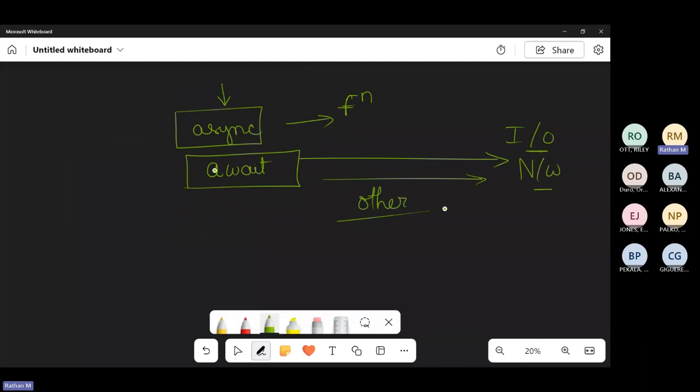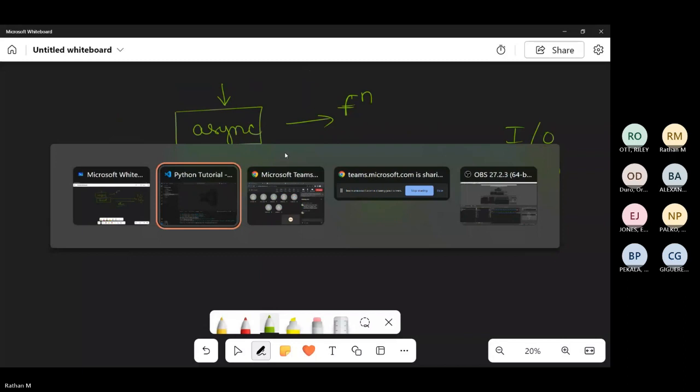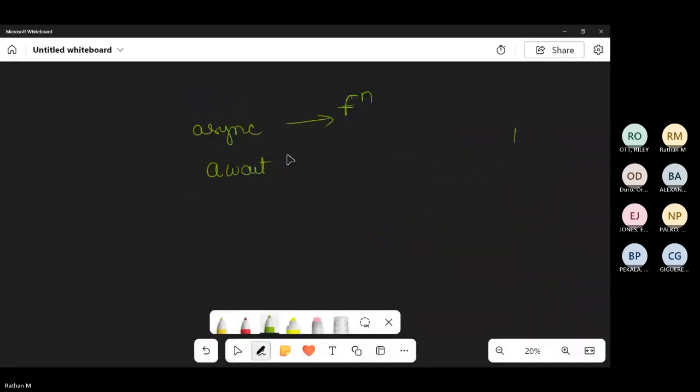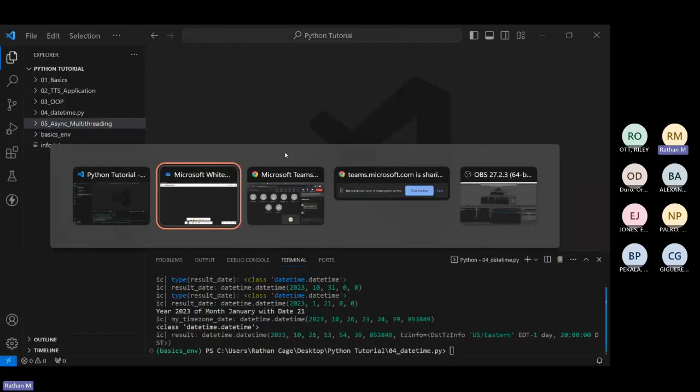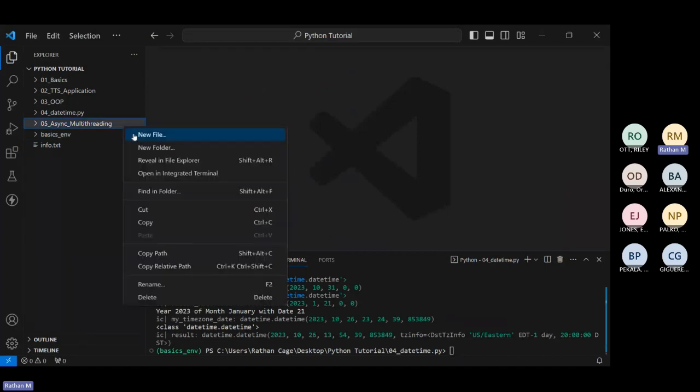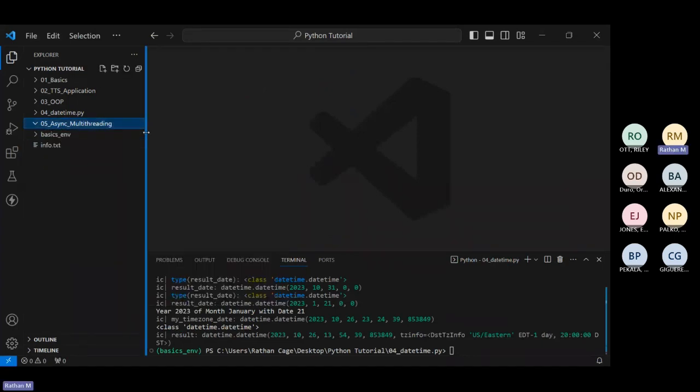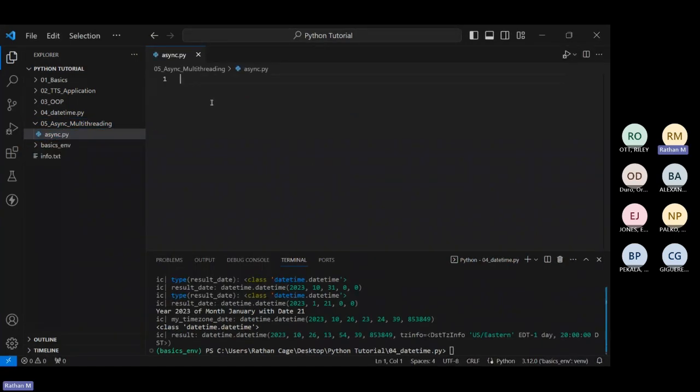So with this, we can begin performing async operations, as simple as that. Now, let's start with our first async operation. Anything you want to perform async operation in, let's create a new file, async.py. In anything in which you want to perform async operation, you need to import async IO. And we have learned this.